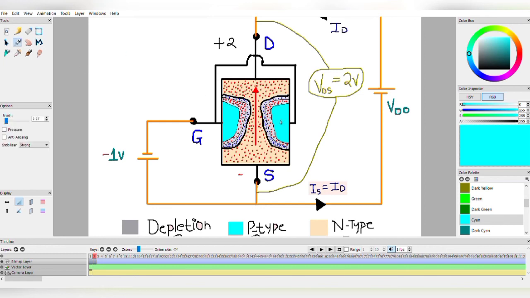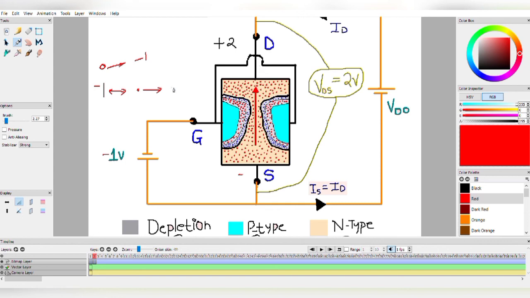Yeah, so let's assume for a second that these are a few electrons. Earlier it was 0 volt, then you change it to minus 1 volt. This VGS, you are giving negative voltage to get this minus 1 volt, and here are electrons, so they will repel each other and the electrons will move to the right side, I mean this side.